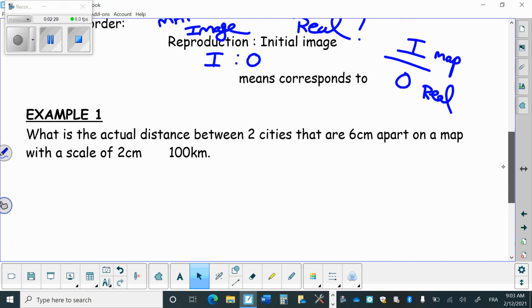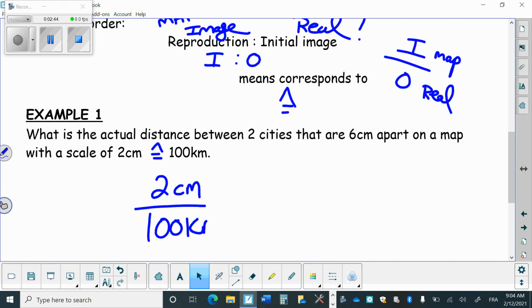So for example, if they gave you everything, now this just means corresponds with, okay? Should have wrote that here. That means there's my rate, my ratio, right? 2 centimeters, which is really tiny on paper, really represents 100 kilometers in the real world. And if you zoom in and out of Google Maps, your scale will obviously change. Now, they're telling you that, okay, if that's my rate here, I want to know my 2 centimeters on the